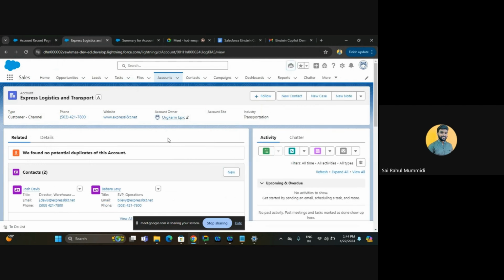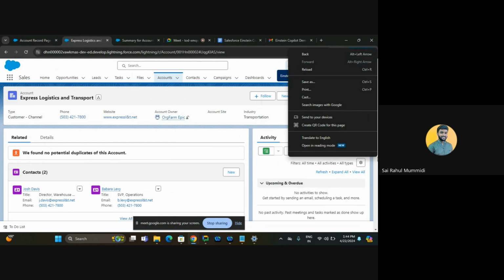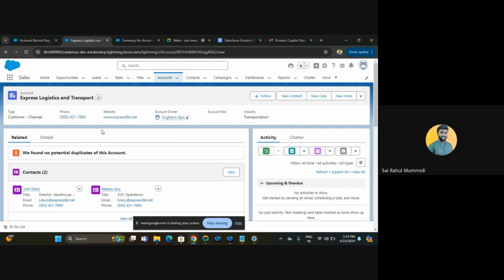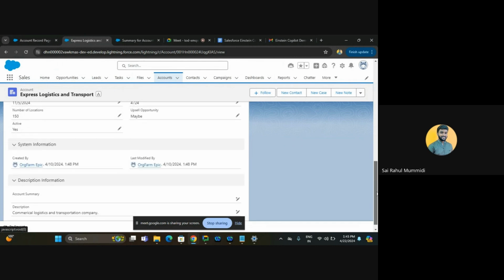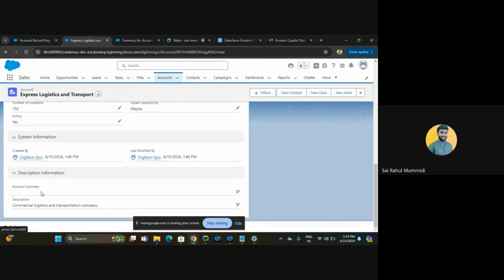Once you open this, this is your account page. Click on details. On details, in the layout, we have already added the summary here. Right now the summary is blank. Whenever we add an Einstein generated template to the layout, you can see here,